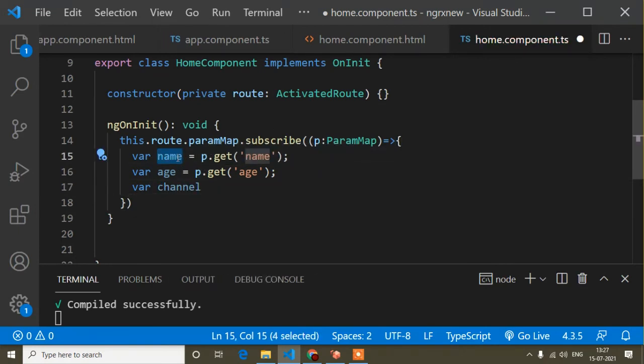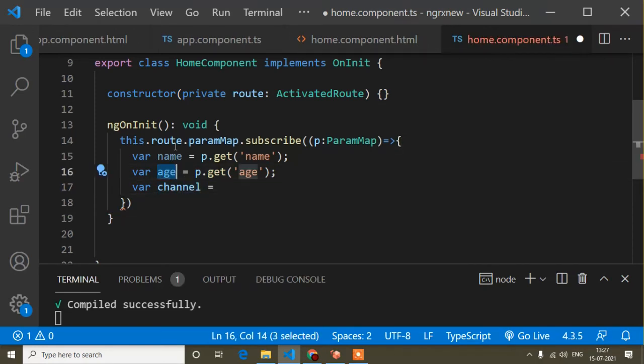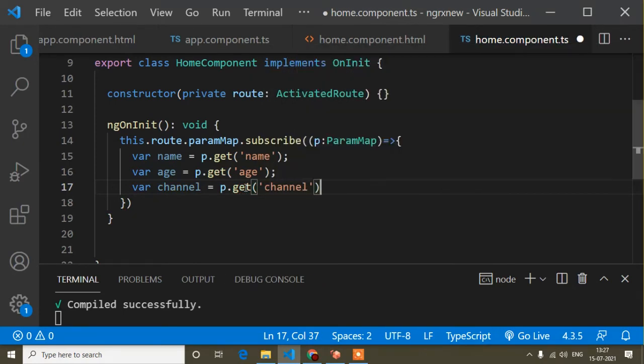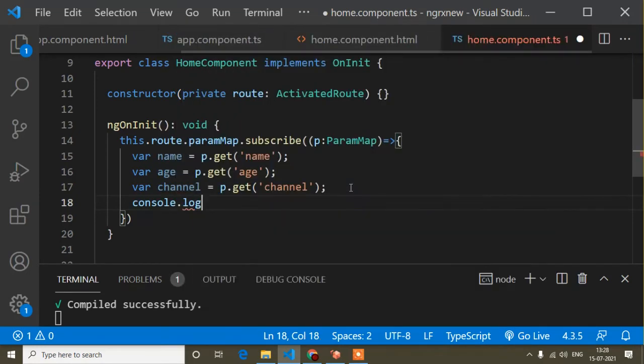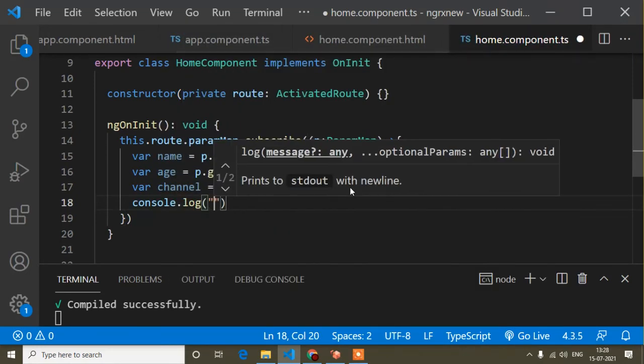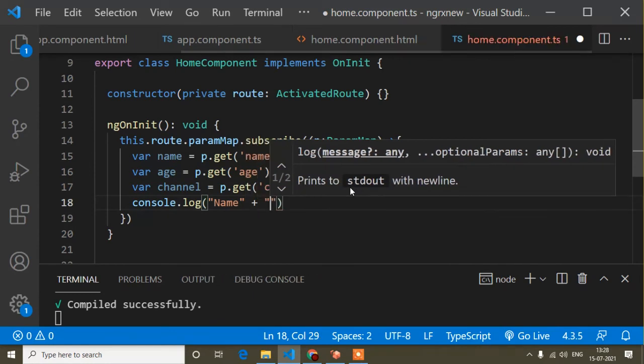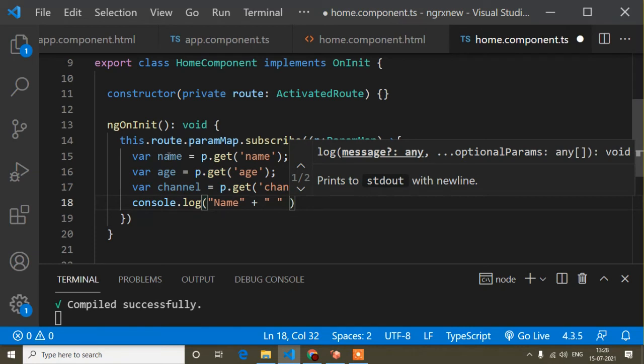In this variable, I'm just storing the parameter value: the name value, age value, and the channel value. But you can write any variable name as per your choice. p dot get, and the parameter name was channel, like this. So now if I print name, age, and channel, you will get the parameter values. In the console.log, first of all I write name colon, just plus, and here I will write this name variable.